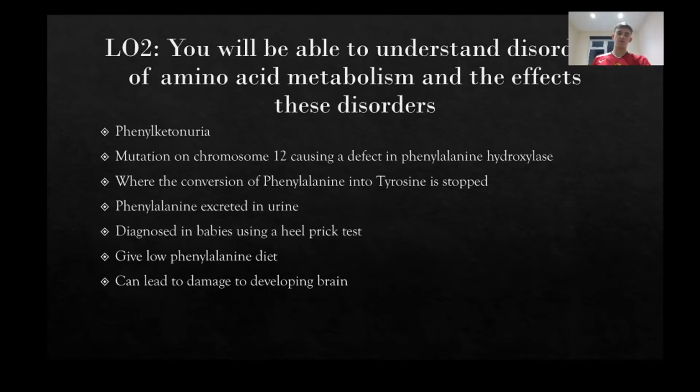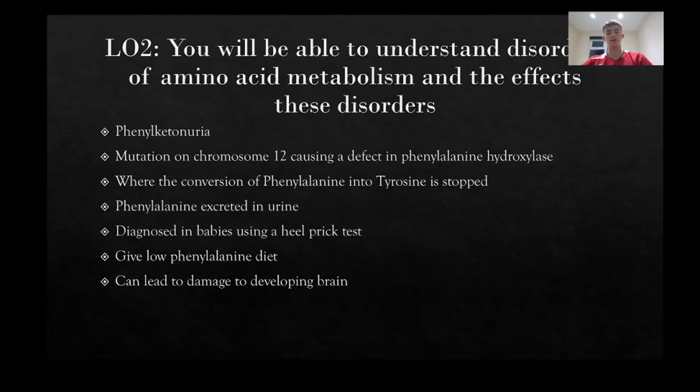So firstly, if we talk about phenylketonuria, it says the mutation on chromosome 12 causing a defect in the phenylalanine hydroxylase, and this was where conversion of phenylalanine into tyrosine is stopped. And as we know, tyrosine is very important, and the phenylalanine therefore accumulates in the body and in the blood, and can lead to developing brain damage because you're obviously born with this, so it affects you as you're growing up. And you can see this phenylalanine is excreted in urine. It can be easily diagnosed with a heel prick test in babies, and the treatment is basically to have a